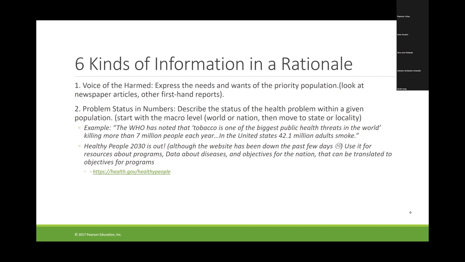And also this idea of describing the problem first from a global perspective, and global might really be international, or it might be across the US, or it might be across a certain population or subpopulation, and then bringing it down to this micro level. So what is the state or locality situation as well?